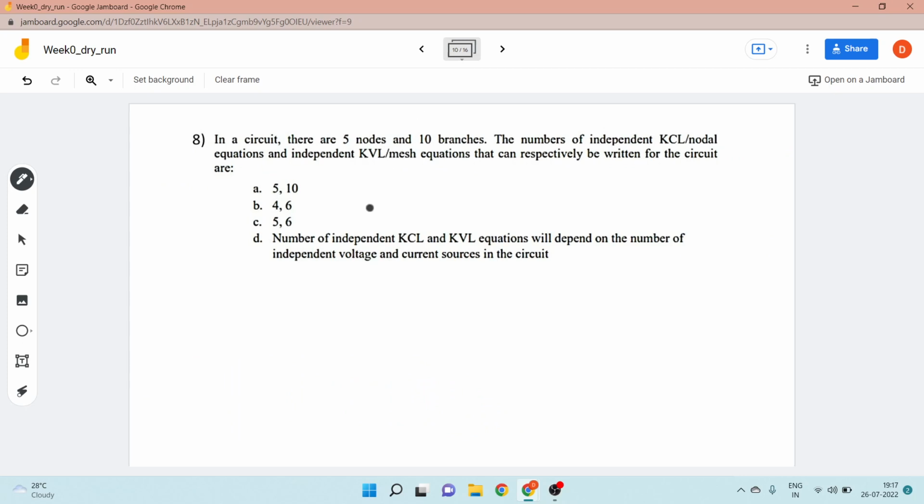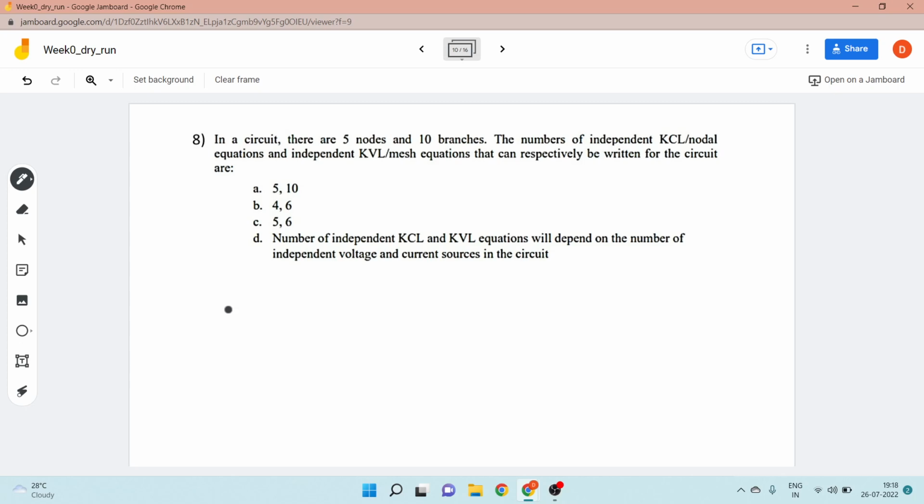Now for the eighth question, in a circuit, there are 5 nodes and 10 branches. The number of independent KCL nodal equations and the independent KVL equations that can respectively be written are given here. Now,